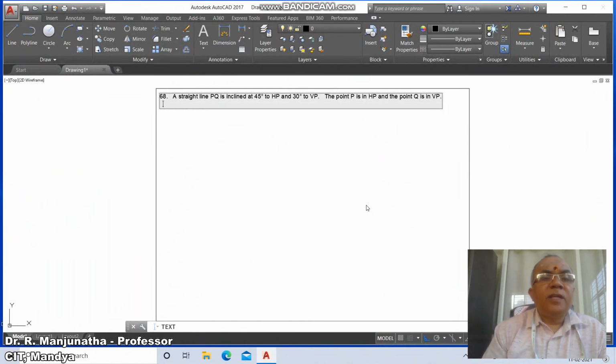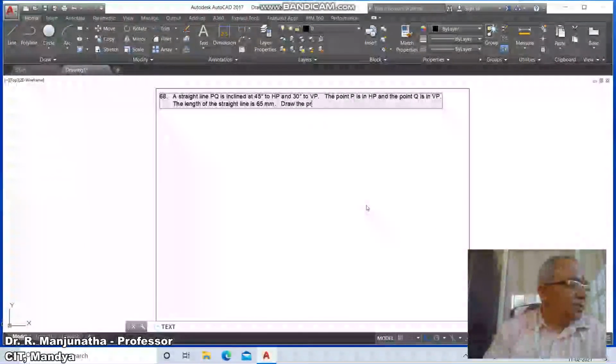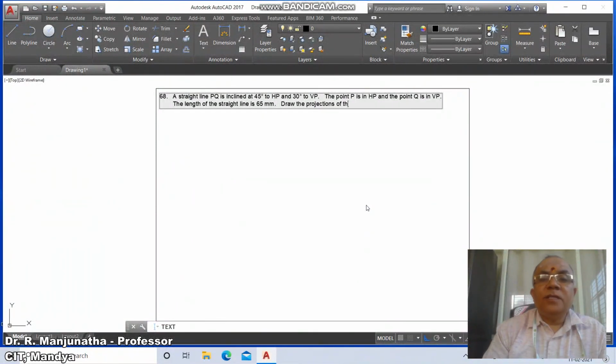The length of the straight line is 65 mm. Draw the projections of the straight line capital PQ. So this is the problem.